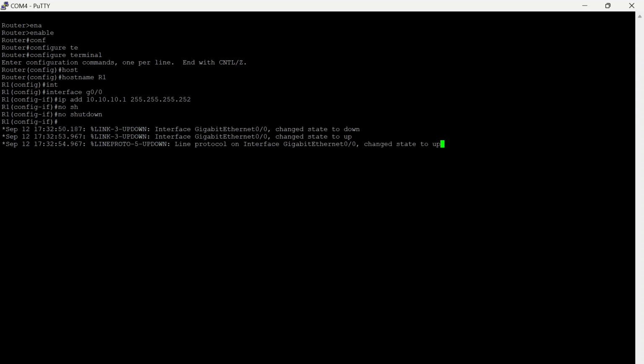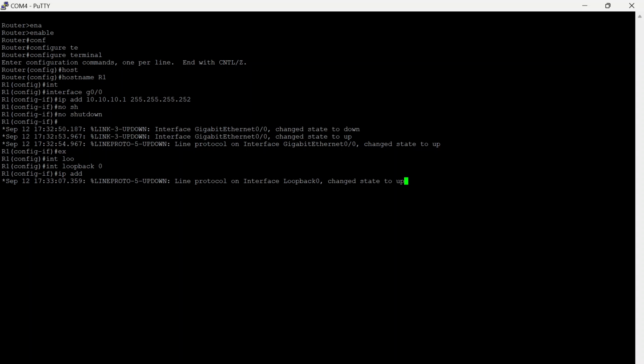And we wait for the loading, and we exit, and we interface for the loopback 0. IP address, we will add the IP address 1.1.1.1/32, and this is router ID,